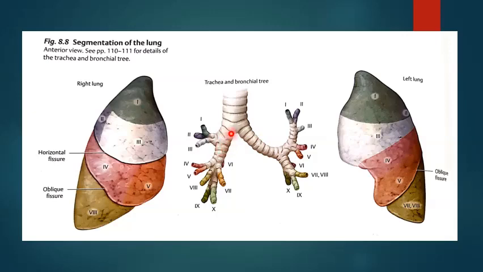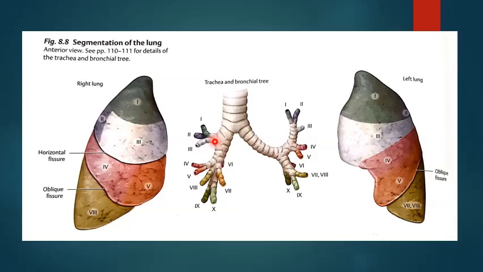Now you may think why this right bronchus is wider. Because it is going to supply the more voluminous right lung. The right lung is more voluminous when compared to the left lung. So for that the right bronchus is wider. It is shorter and more vertical because once the trachea reaches the point of bifurcation, it deviates slightly towards the right side. That's how the angle made by the right bronchus here will be 25 degrees, whereas that of the left will be a little more, right?